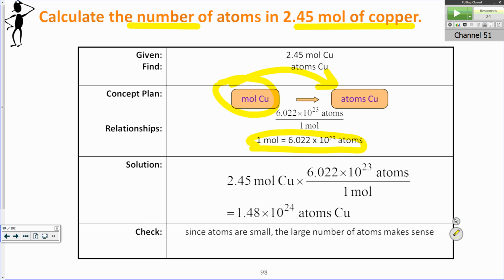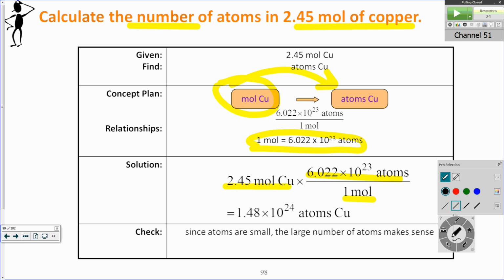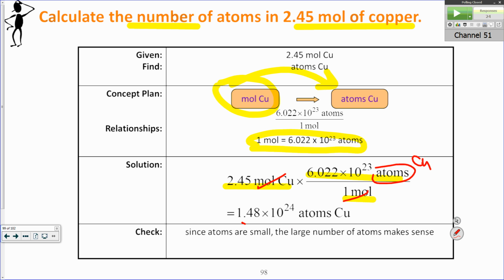So when you go to work the problem, you write down what you know first. I know the number of moles of copper. Then the relationship is that 1 mole of a substance has Avogadro's number of atoms. And if I look at what would happen to my units, the moles, top and bottom, would cancel out. I'm left with atoms, and they're copper atoms. So I just need to multiply the two things out, and I get 1.48 times 10 to the 24th copper